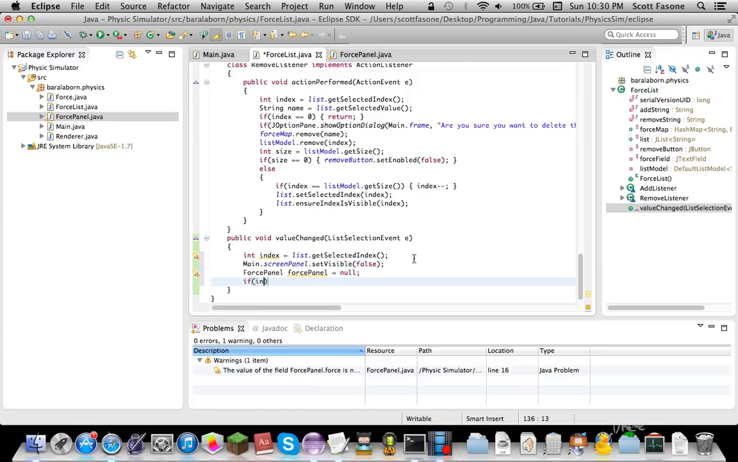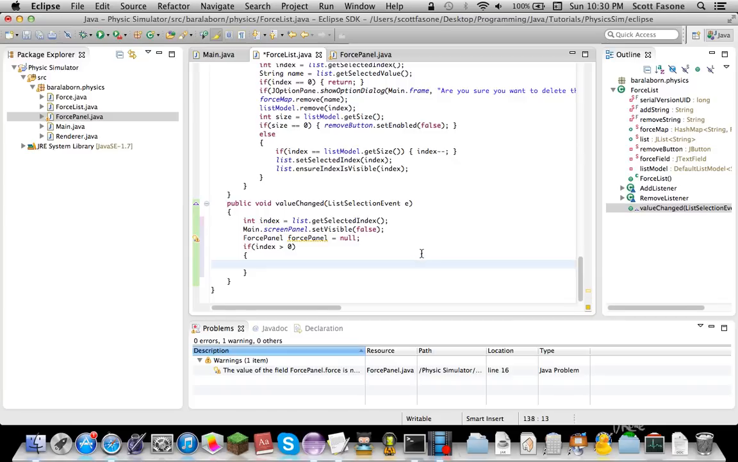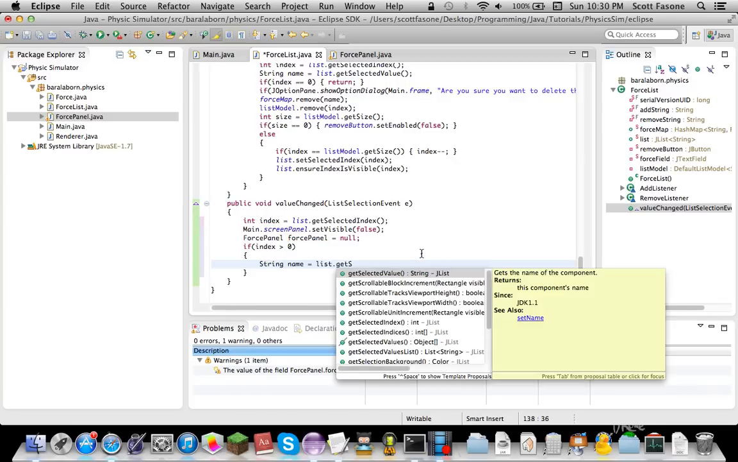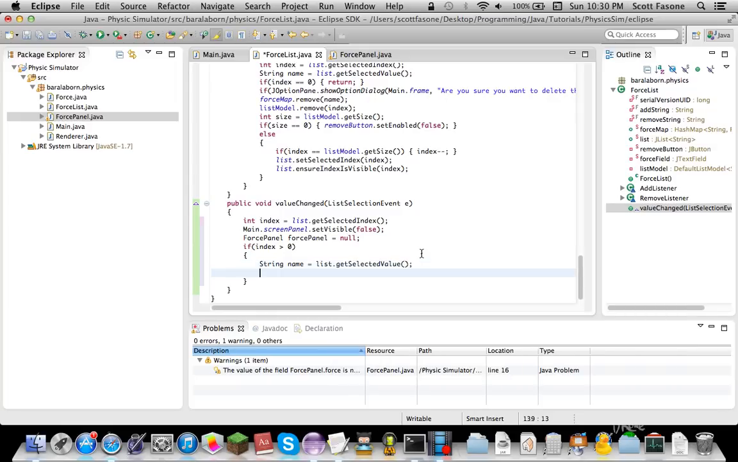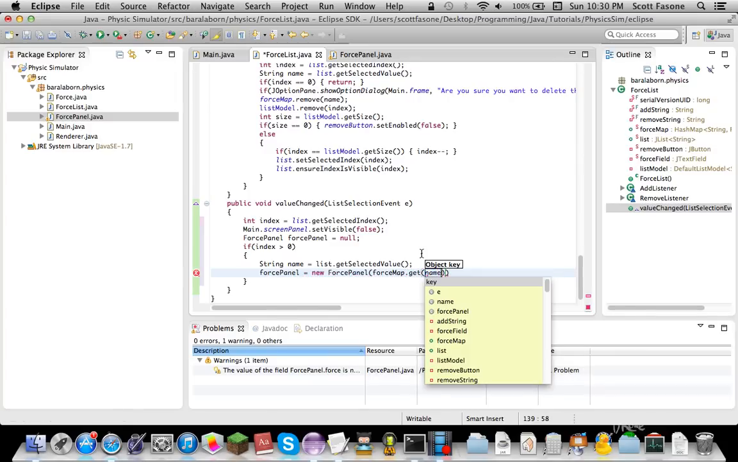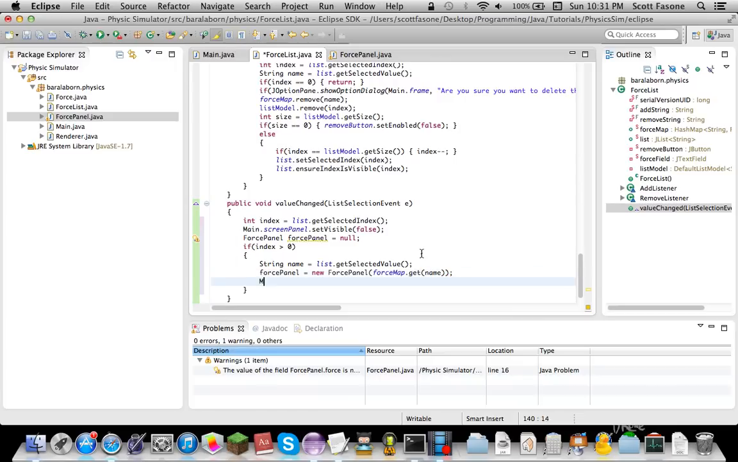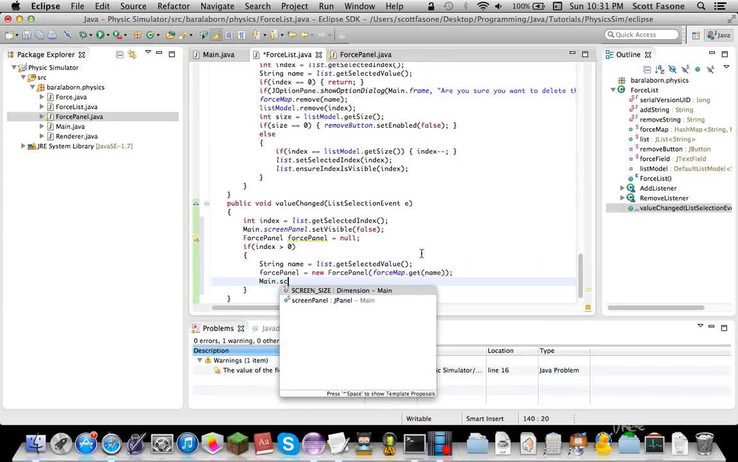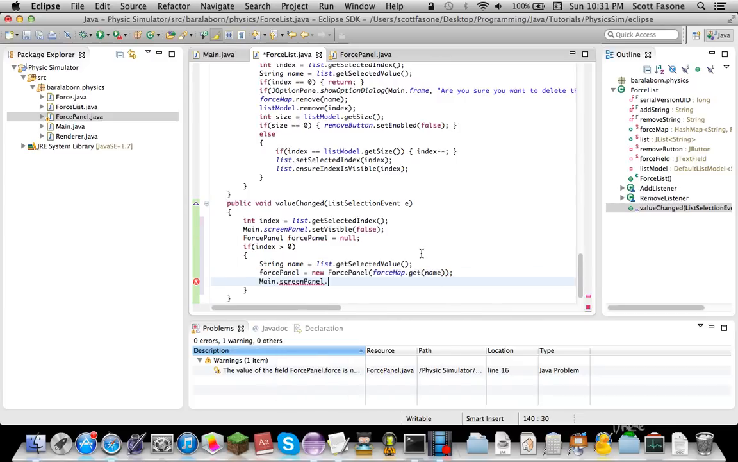Then we're going to do if index is greater than 0. So if it isn't the net force that you're selecting, it's going to do string name equals list dot get selected value. Force panel equals new force panel, force map, getting back to our big repository of all the forces we're going to be having, and we're going to be able to get the name of the force. Then we're just going to do main dot screen panel dot add